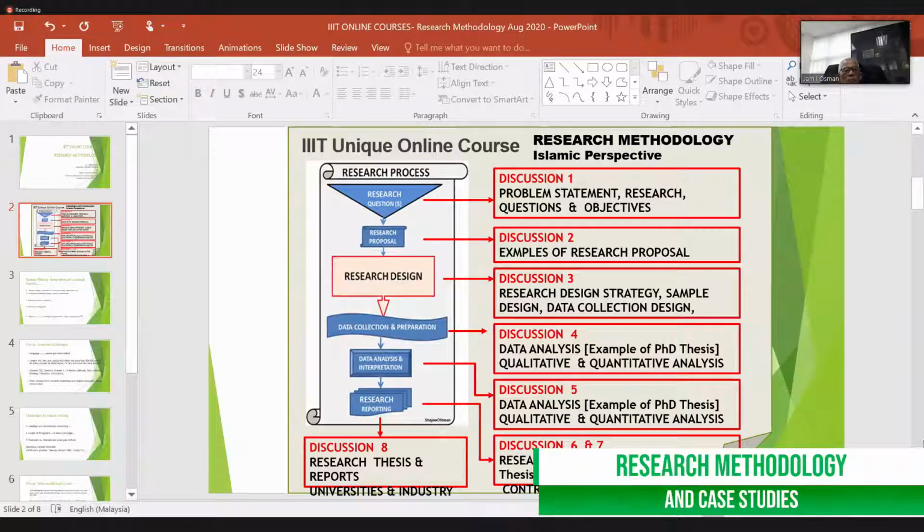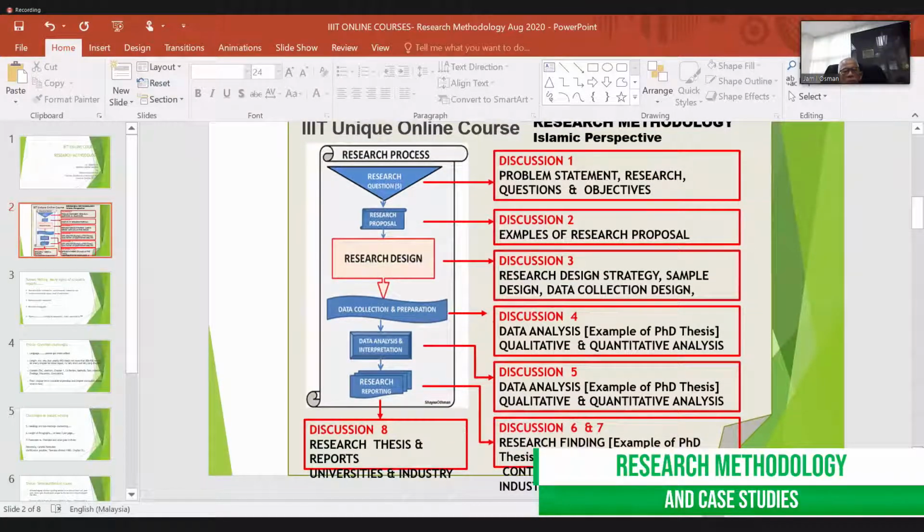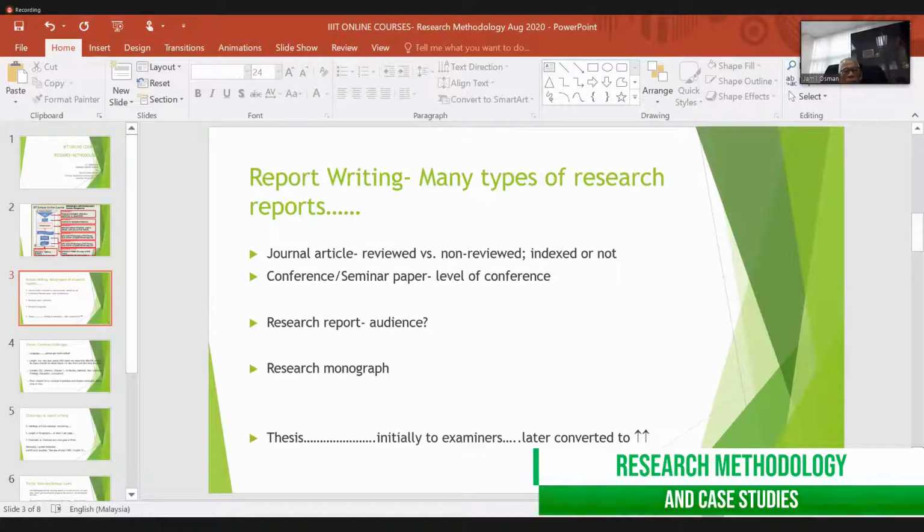So what I would like to do, if you agree, is to just talk about more academic writing. Although Haji Shaaya mentioned industry research, we can discuss this if anyone has comments, and I will try to make a few comments regarding industry research. But when we talk about our research reports, I think the first thing that we need to keep in mind is that there can be different ways that you present your research, and sometimes they are connected to each other. If we go with thesis,